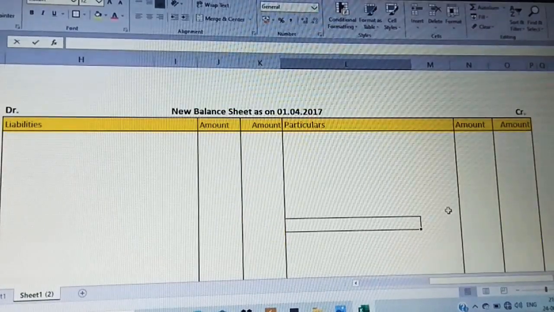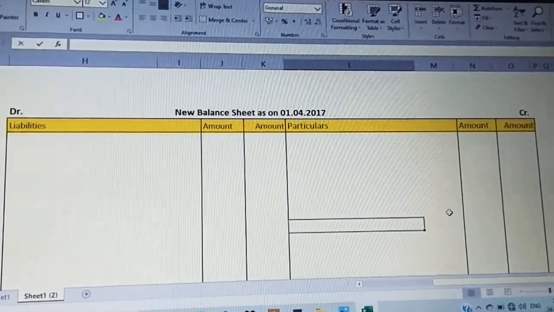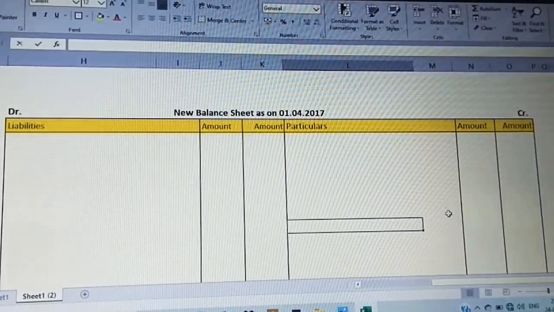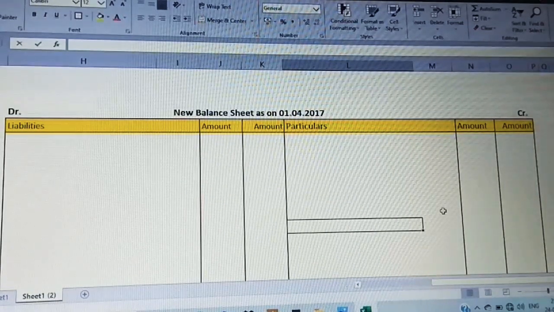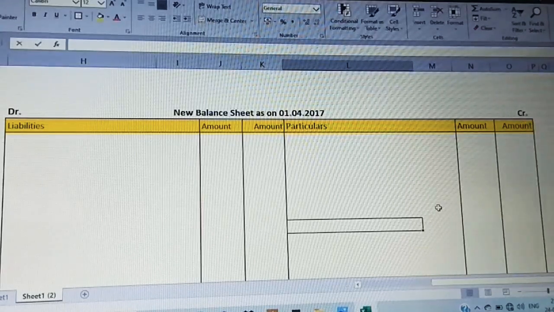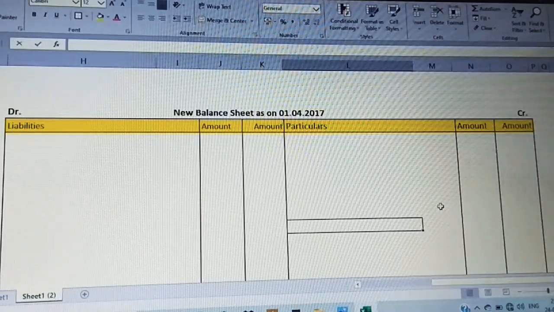Now coming to the new balance sheet, I have just prepared the columns. Just observe the new balance sheet as on 1st April 2017, because we are going to close the books of accounts of the last year and open up for the new year, including the new partner, because it is on admission. So we are going to write the date as 1st April. Be very careful in case of admission of a partner about the balance sheet date. The new balance sheet date will always be at the beginning. It shall not be the closing date. Clear?